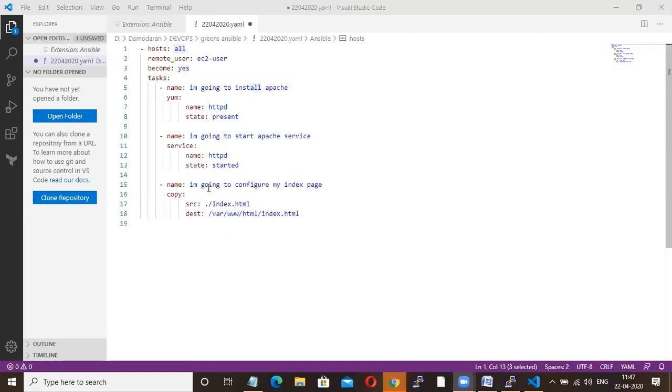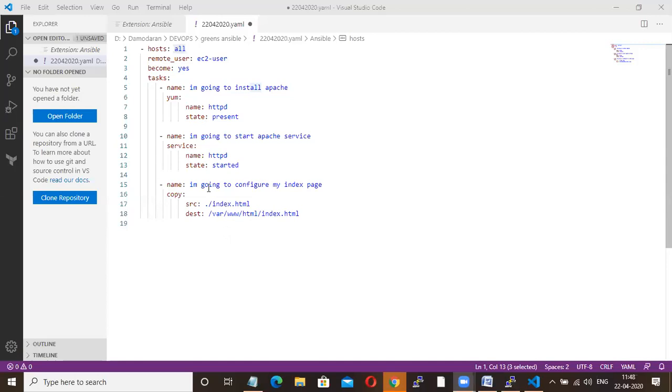Everything is in docs.ansible.com. That's what I tell all my students, the same dialogue. For writing playbooks, you should know two things. One, you should know how to copy.